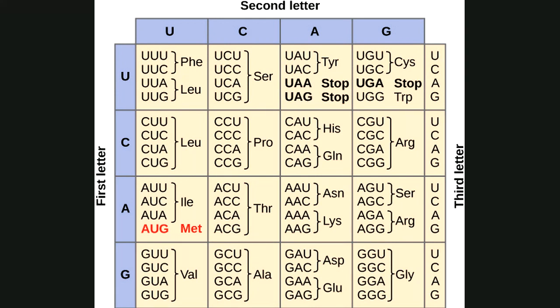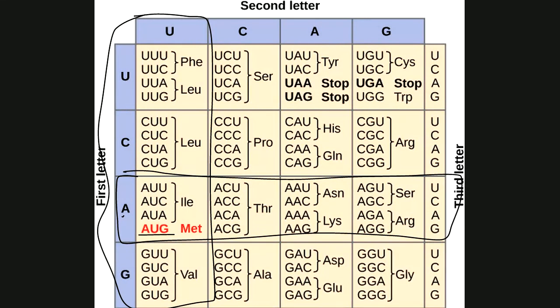So for example, AUG, the first one that we just looked at, you find right here. To use this genetic code chart, first thing you do is find the first letter. Okay, so that's A. That puts us in this row. Then you find the second letter, which is U. So then that means we must be in this column, therefore we're isolated to this box. Then you find the third letter within that box, so there's our AUG. That is our start codon.